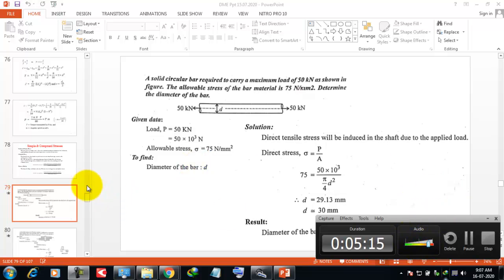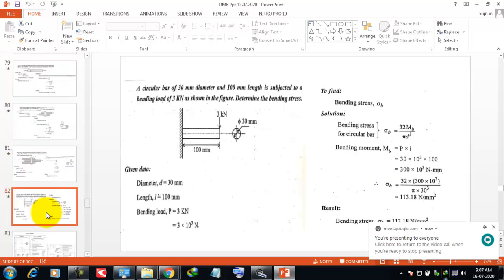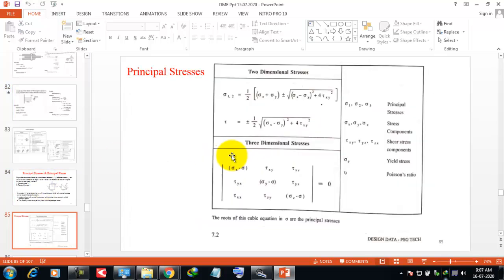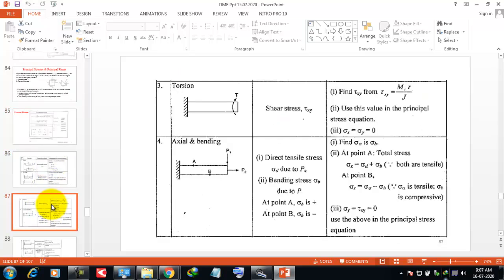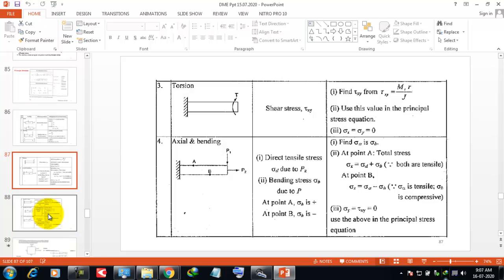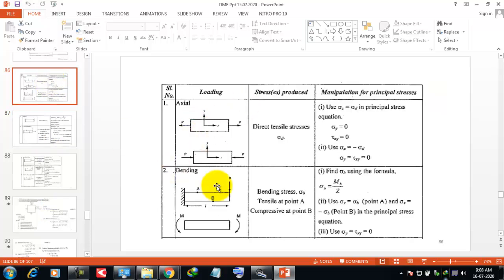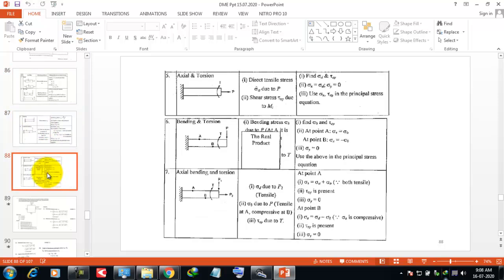Okay. Yesterday we discussed a problem involving principal stress, right? We discussed principal stresses and principal planes. Also, we discussed various loading conditions and how to find the principal stresses, that is, the normal and tangential stress over those systems. Axial loading condition, bending, torsional, axial and bending combination, then axial and torsional combination loading condition, bending and torsion combination,